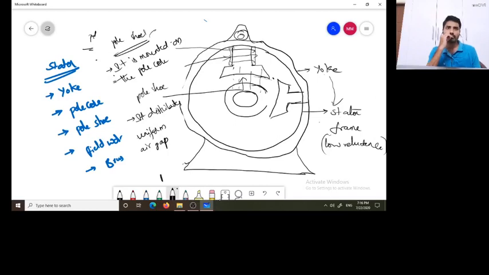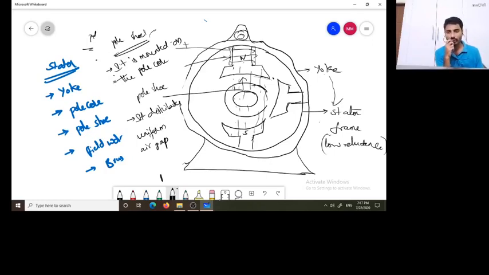Okay. So suppose that, due to the excitation given to the field winding, a north pole is present here and an opposite pole is present here. You already know flux travels from north pole to south pole. Flux always travels from north pole to south pole. So a uniform flux distribution from stator to rotor will take place when it is traveling from north pole to south pole. In between this, a uniform flux distribution must be created.